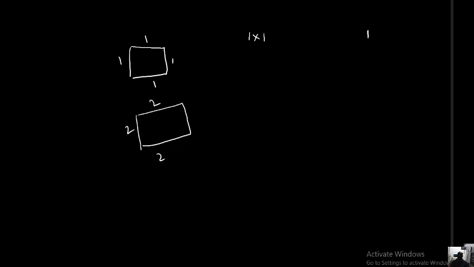Here a vertical line and a horizontal line are drawn. Automatically, what happened? This is divided into some smaller squares. So this is a square of 1 unit side, this is a square of 1 unit side, this is a square of 1 unit side, this is a square of 1 unit side. The bigger one is a square of 2 unit sides. Means how many squares are involved, that we should identify here. So first, squares of 1 by 1, area is 1 by 1, number is here 4.